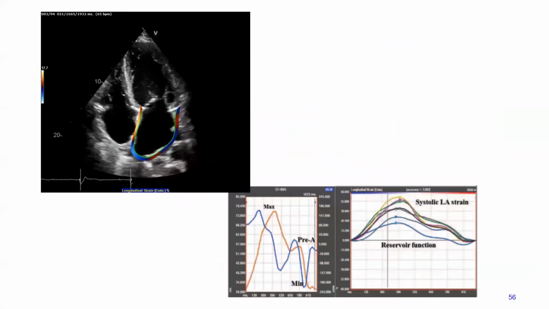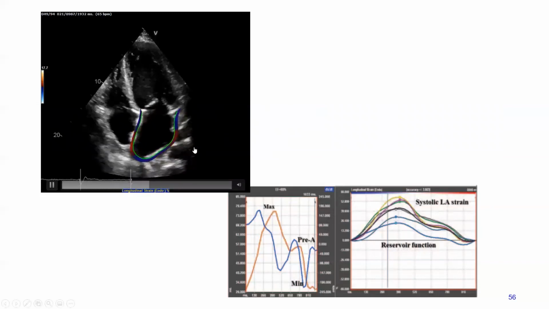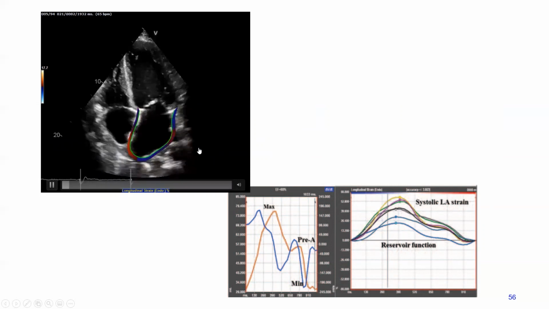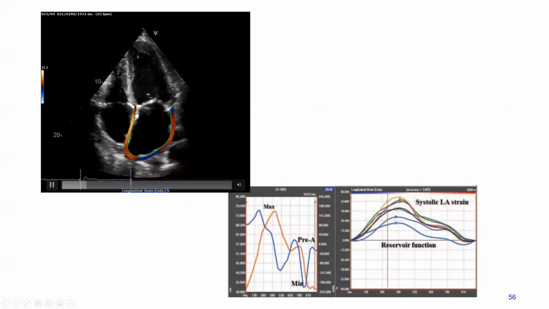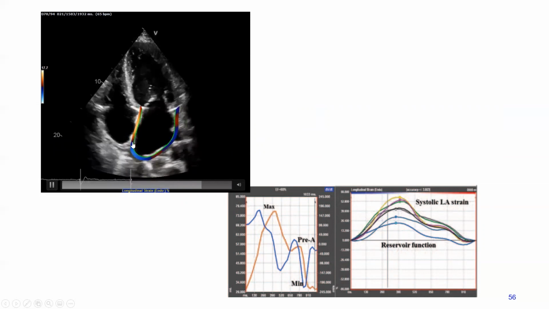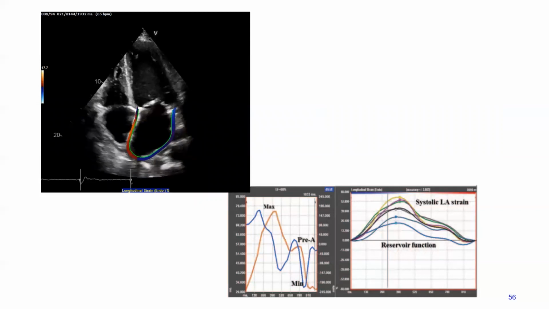Again, a lot of attention more recently on the expansion of the left atrium during the reservoir phase. And I doubt that you will be tested on this, but just keep in mind that the function of the left atrium, how much it expands during ventricular systole, is looking like it is a good index of diastolic function